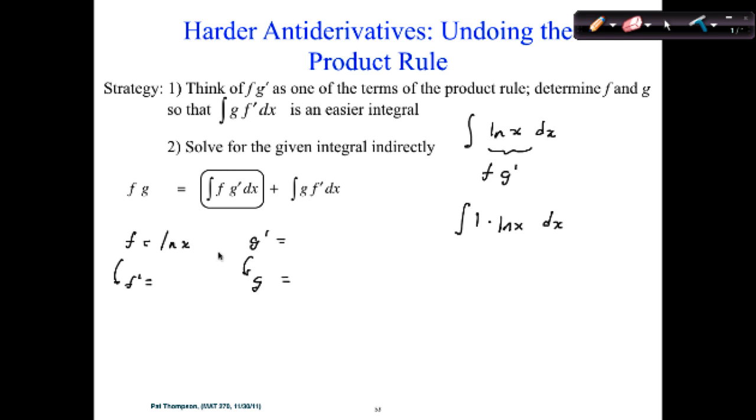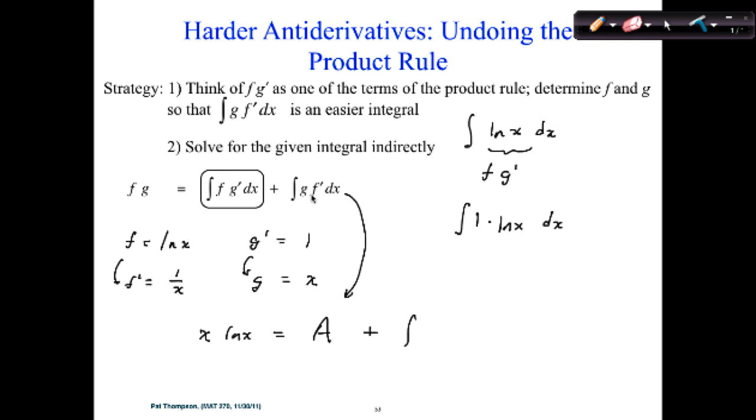So that leaves us with f being natural log of x and g prime being 1. So now f prime: what's the derivative of natural log? 1 over x. Now, the antiderivative of 1. We can do that. x. Now we can do it. So we're going to set up f times g, which is x ln x, equals what we're trying to find, plus